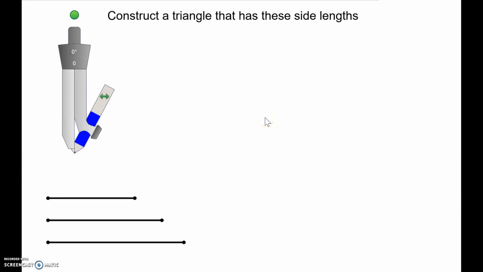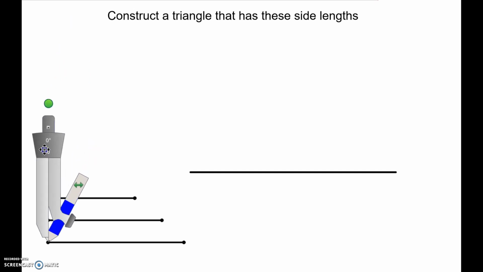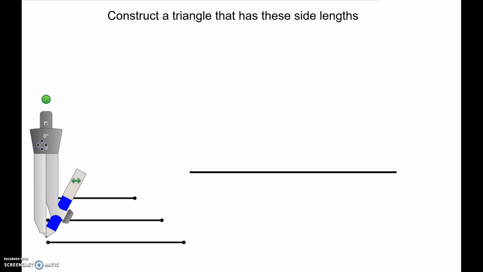I'm going to construct a triangle that has these side lengths. The first thing I would like to do is draw a line segment anywhere on the paper, any length. The next thing I'm going to do is measure with my compass. It doesn't matter the order, but I'm going to choose the largest segment first, just because I'm going to go